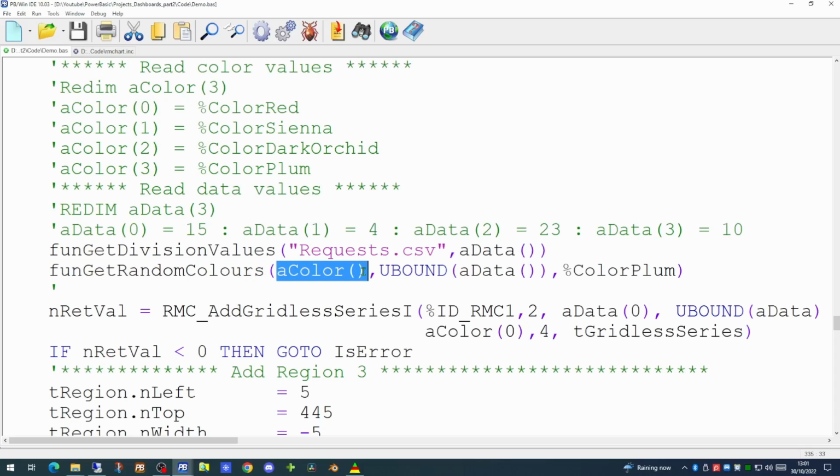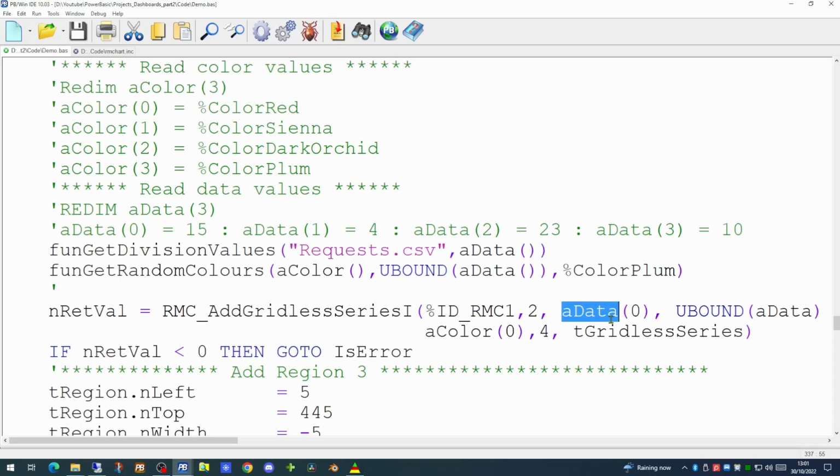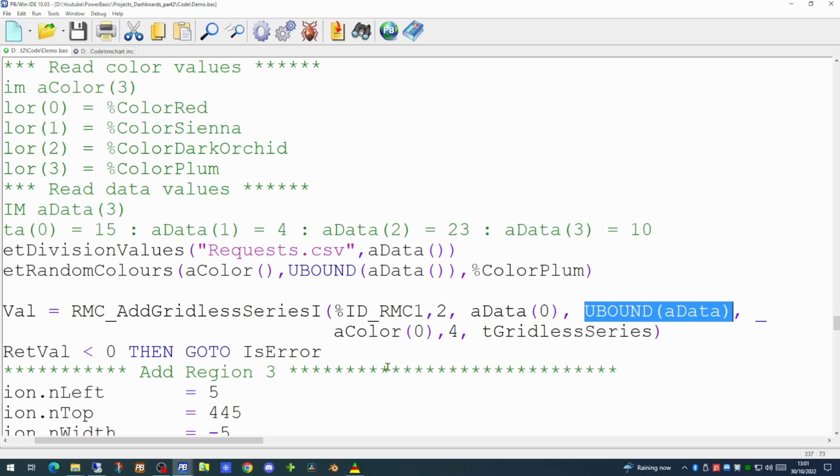It takes a number of parameters. First of all, the array we wish to populate, the number of entries there should be in that array based on the entries in the data, and the colour to start at. As you'll notice in the function that we call in RMChart to display the pie chart, we have the entry for the data. We have the entry for the number of elements within that data array. We've also got the colour array and the number of elements in that. So since it's hard-coded for 4, we need to replace that with another ubound command. This makes it entirely dynamic.